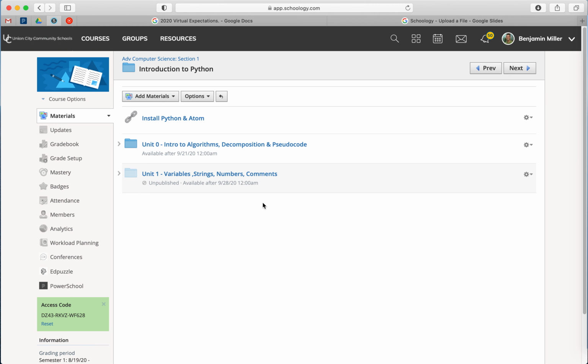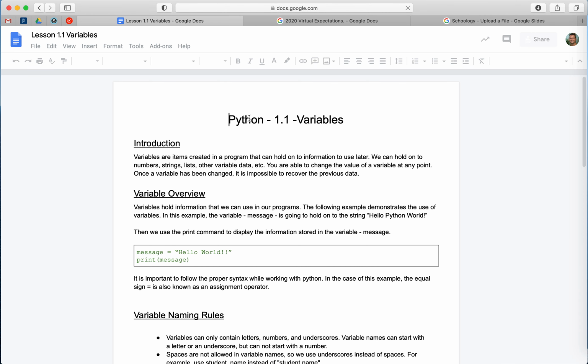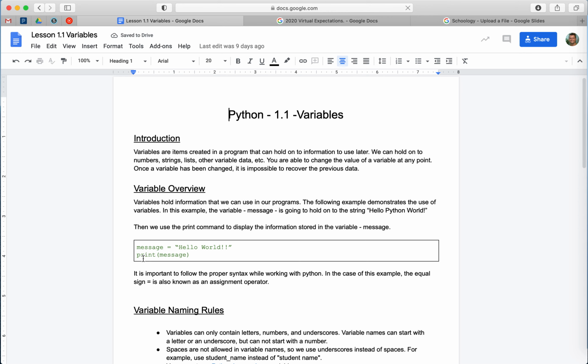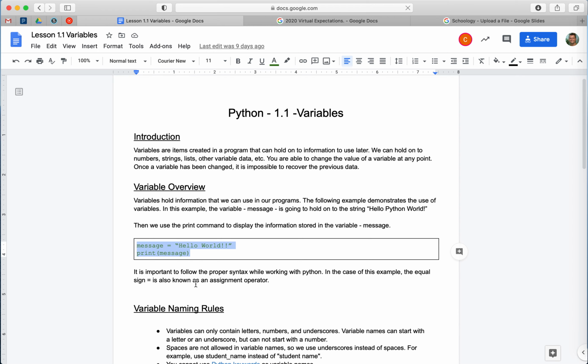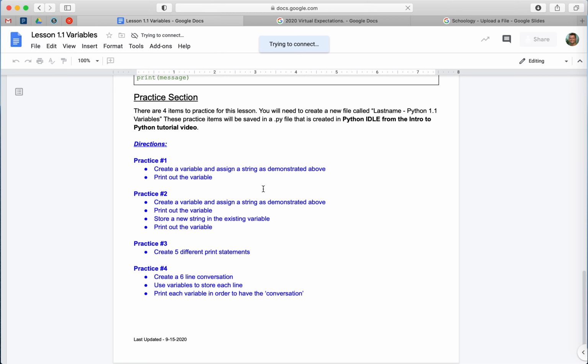So the very first thing we're going to do is in unit number 1, we're going to visit our project number 1. This goes through a number of different things, and at some point you're going to need to be able to type code and see what this code results in. There's a number of things, and then down here in the practice we're going to have to create some code. So in order to make our code, what we want to do is we're going to go to Finder